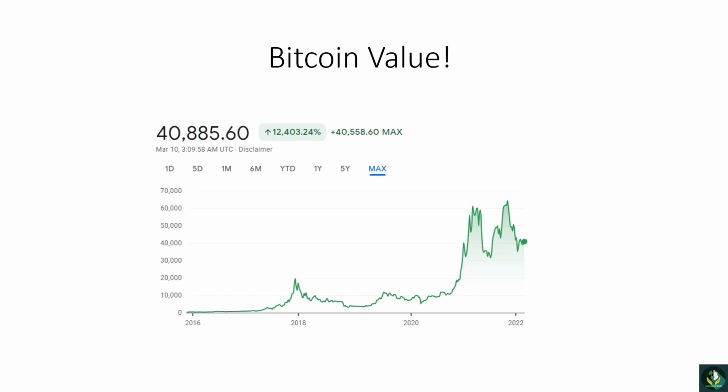At the very end of 2021, in November and December, it rose to its highest peak value, which is 66,000-something, and it's also going strong now as I am recording this on March 10, 2022.